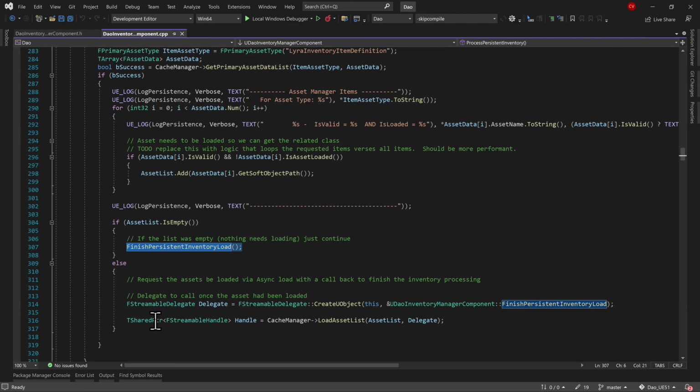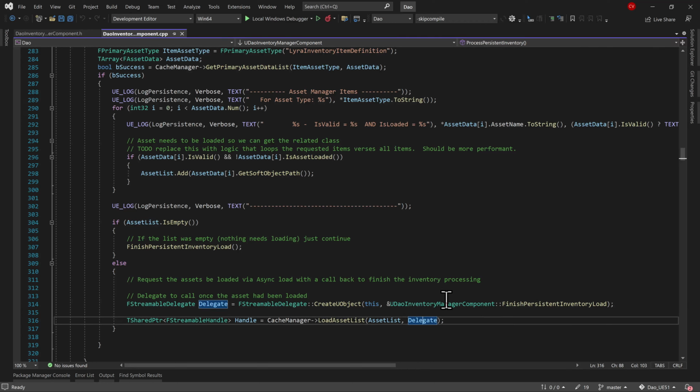So what will happen here is whatever items are in this asset list, assuming there's something, because if it's empty, it's going to go here. Assuming there was something in that list, we will create this delegate function, which is identical to this function. We'll ask the asset manager to load the list of assets, which is this array, and then call the delegate,